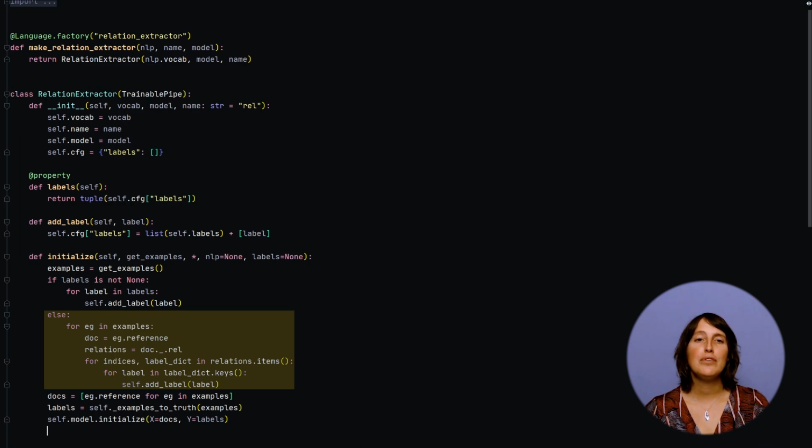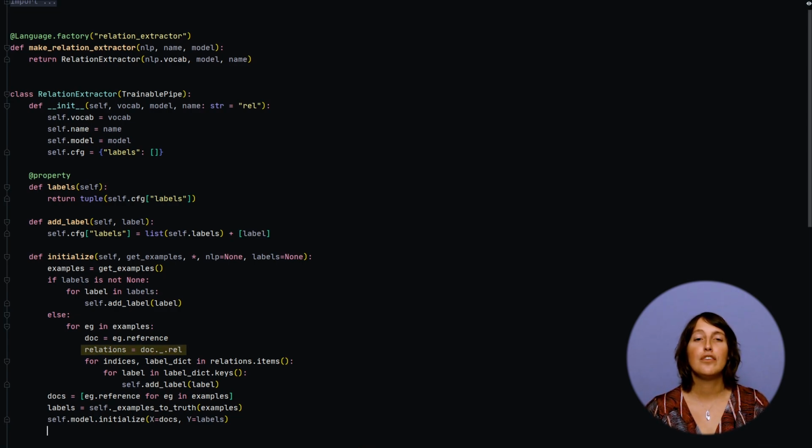It derives all labels from the gold standard data that is provided as argument to this method. The relevant labels can be retrieved from the custom attribute doc._rel. After defining the labels, we call the internal model's initialization method with the input documents and the corresponding output predictions. This allows Thinc to perform shape inference and validation and ensures that all layers are ready to start training.